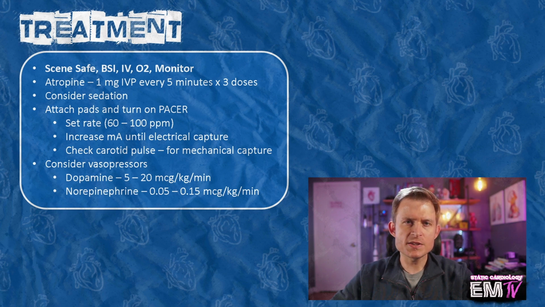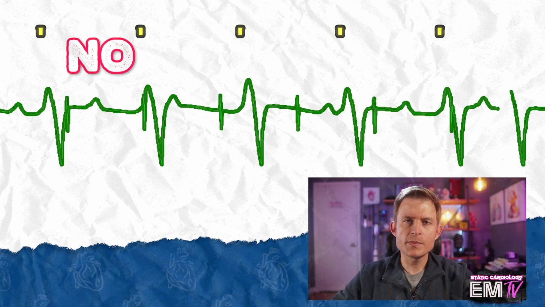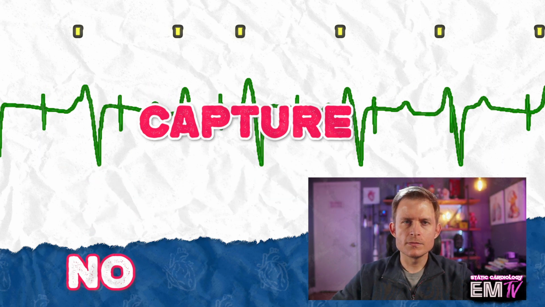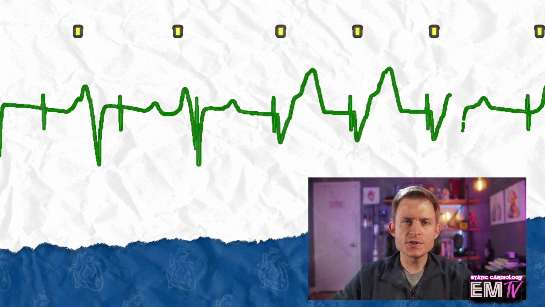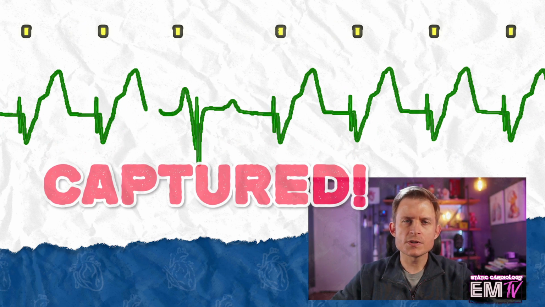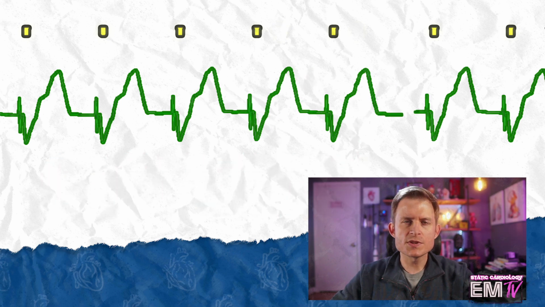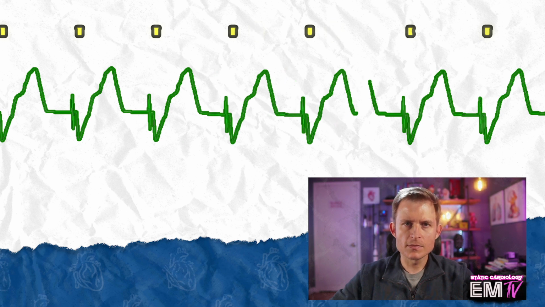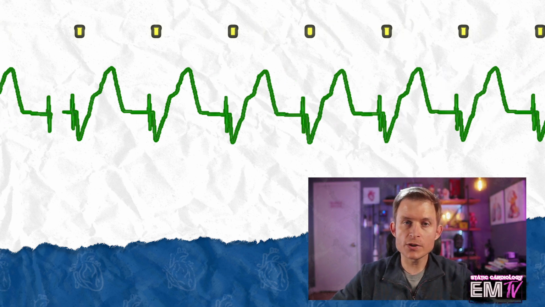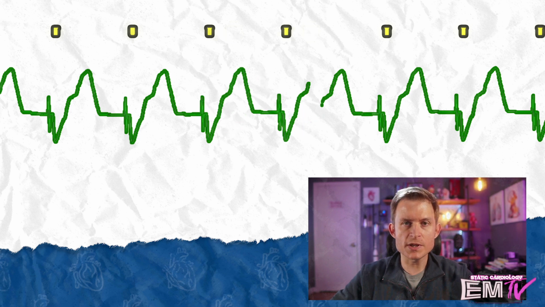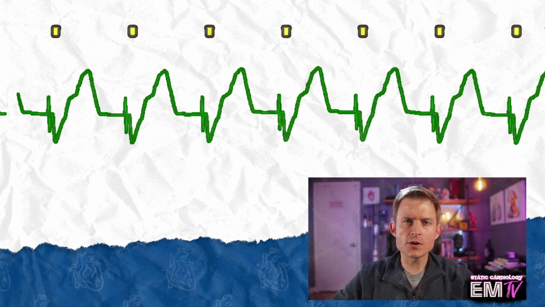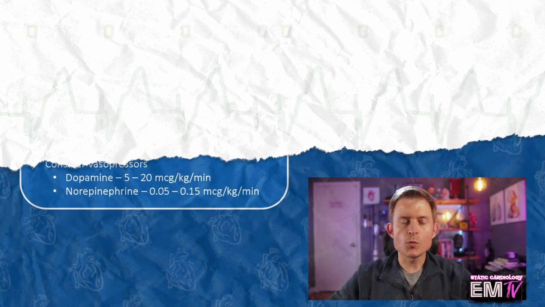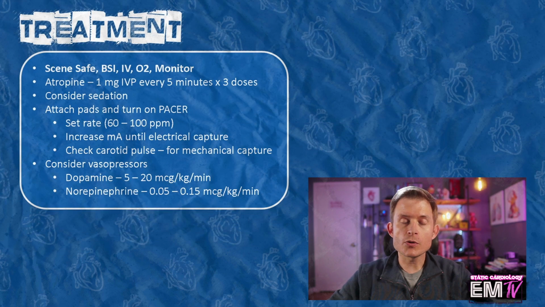And if you've never seen pacing before, what'll happen is when you turn on the pacer and begin applying electrical current, pacer spikes will appear above the rhythm. You'll achieve electrical capture when you see a QRS complex that follows a pacer spike. What I always tell my students is you're not trying to catch the rhythm, you're trying to create a rhythm. So your goal is to apply enough electrical energy to actually override the heart's pacemaker system and allow you to pace the heart at the rate that you prescribe. Once you see electrical capture, you'll want to check a carotid pulse, confirming mechanical capture.